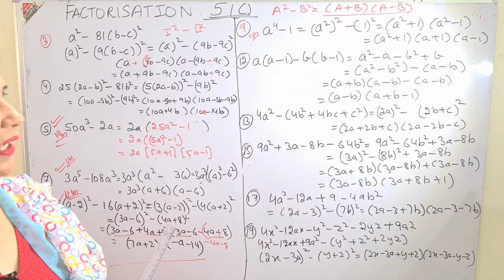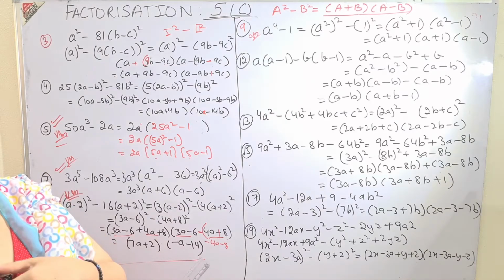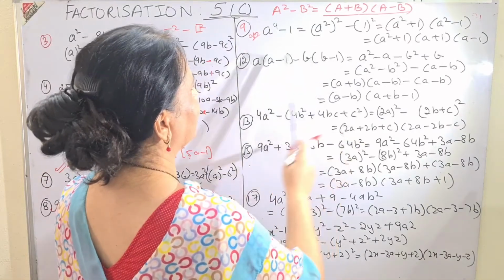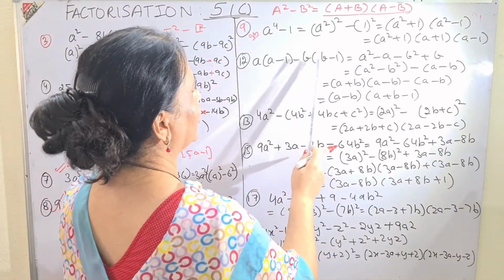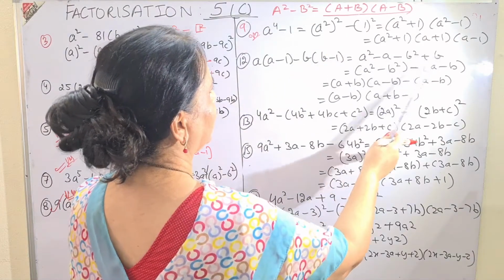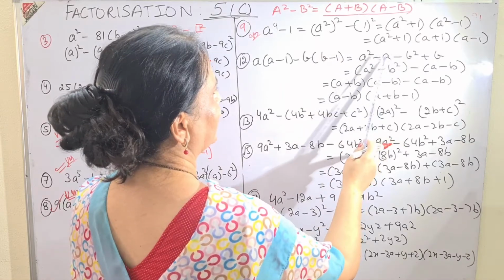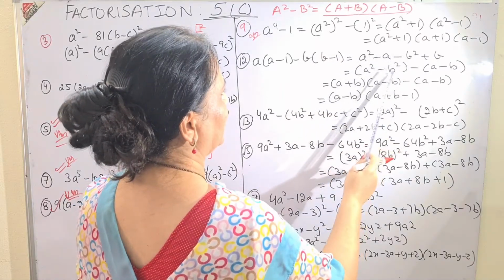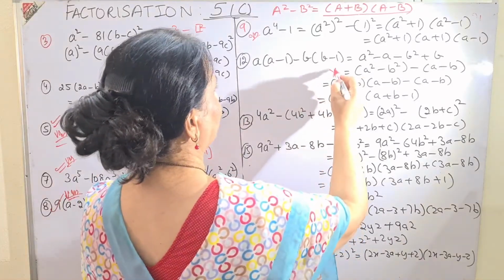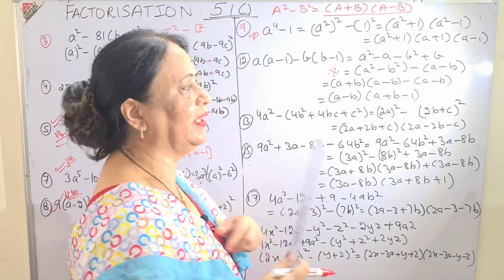The 12th question is a into a minus b, into b minus 1. A square minus a, I have multiplied, minus b square, minus into minus plus b. See what I did? I interchanged the places of third and second. In place of second I got b square just to do the sum. This step is important. Once you will do the sum or twice, the question will be very, very well versed with you.